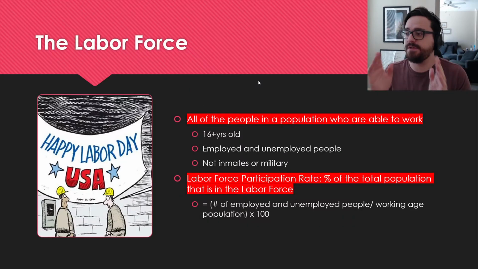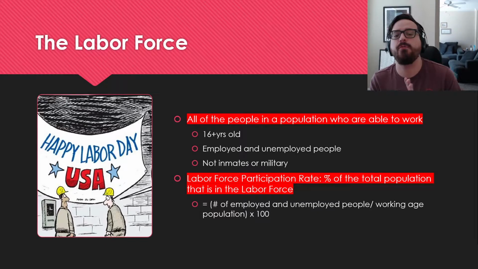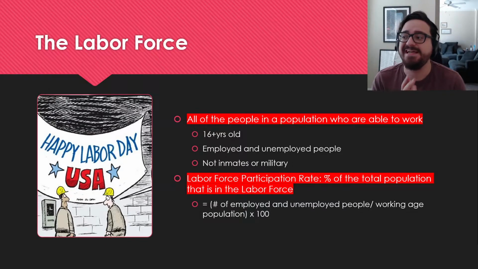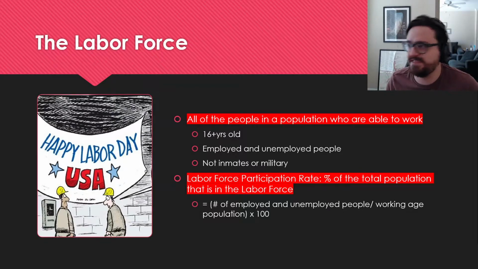So first things first, in order to know unemployment, you have to understand who we are looking at in the economy, and what group we are looking at when we're talking about unemployment is not the total population. The first huge misconception of unemployment rate is that it is the percentage of the total population. That is not true. If you hear that unemployment rate is 4%, that does not mean 4% of the 360 million people that are in America are unemployed.